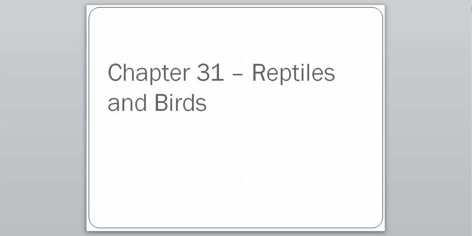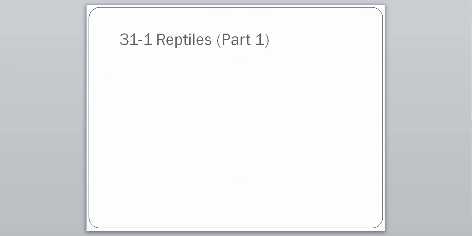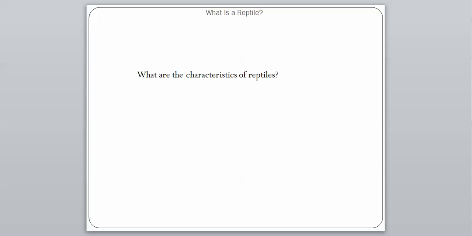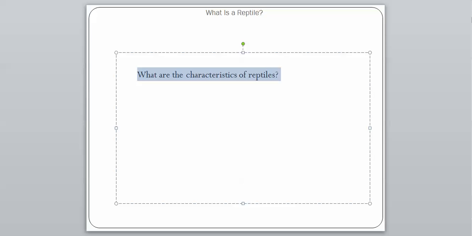We're going to start chapter 31 today, and the title of this chapter is Reptiles and Birds. So we're moving right up through our vertebrate groups, and we're going to start with reptiles. Reptiles is going to be our first section, and we're going to look at the characteristics of